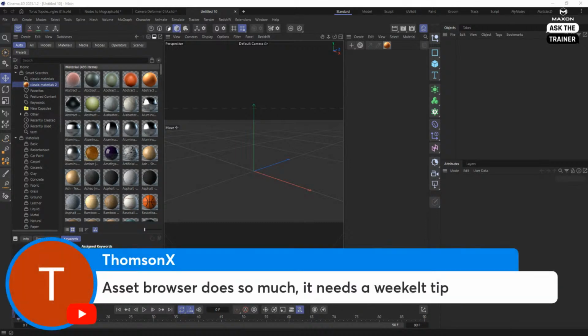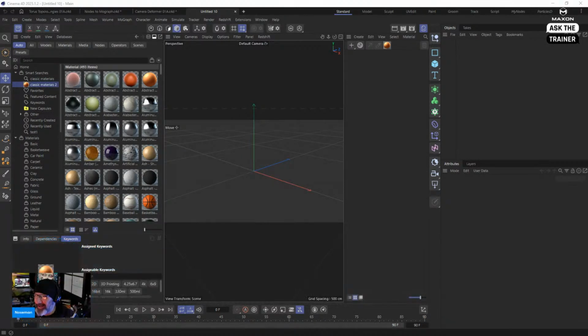Yeah, Thomson X, a very great comment. The asset browser does so much. Yeah, it needs its own weekly tip. We actually have an expert in the company that swears by the asset browser. There are many secrets which I'm not aware of, and I'm starting to figure them out as we go. Anyway,